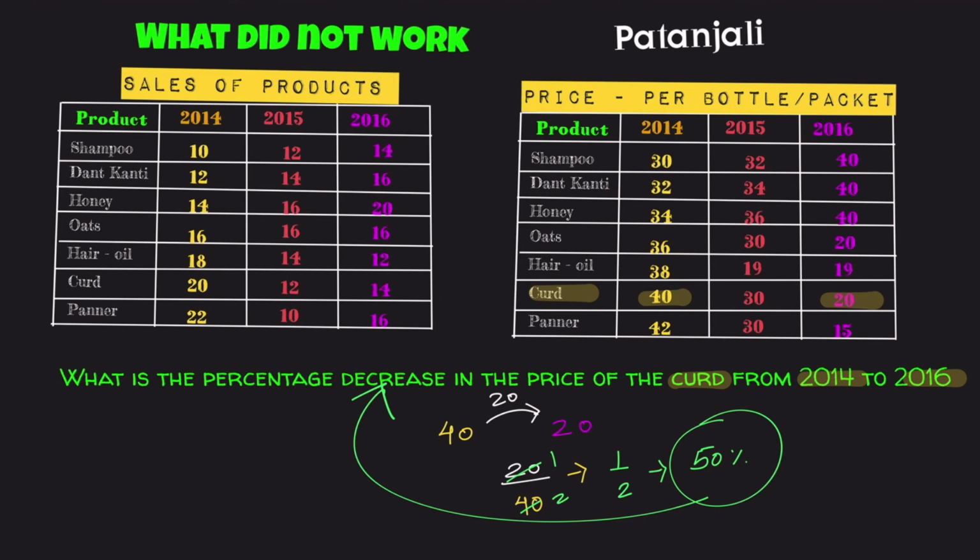So I hope you got the concept of percentage decrease in this section. Earlier we studied percentage increase, now we study percentage decrease. What is the only difference between the two? The formula is the same: final value minus initial value divided by initial value. But in this case the growth is reducing. The products which are sold are reducing. In the earlier case of positive growth, the number of products that were sold or the price of the product was increasing. Now the price or the number of products is decreasing, and that's why it's called negative growth.